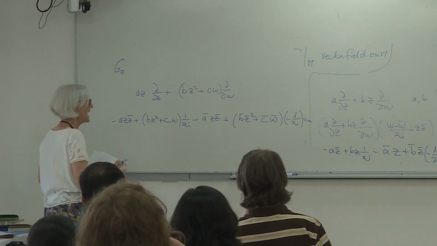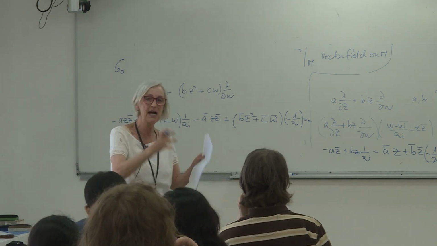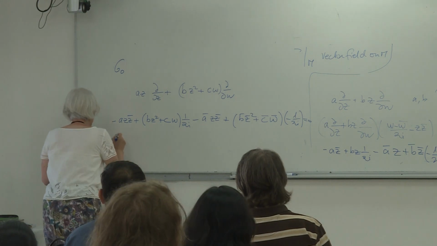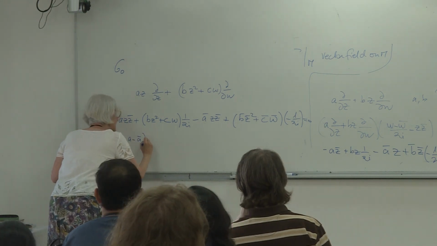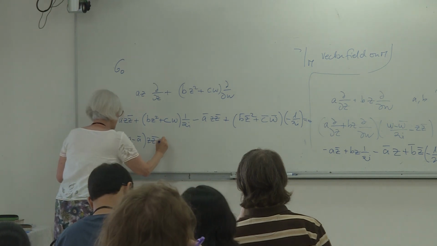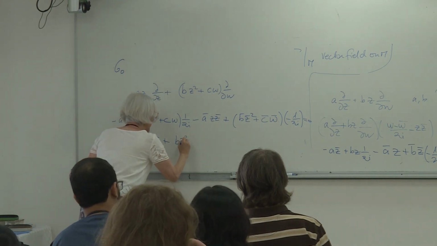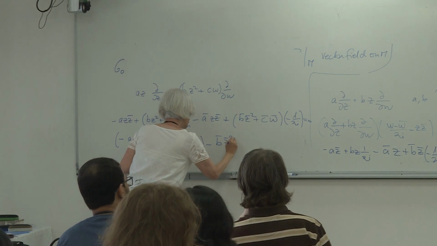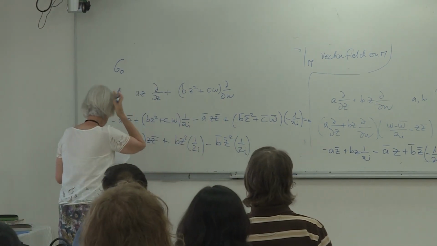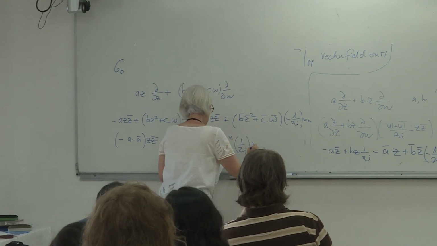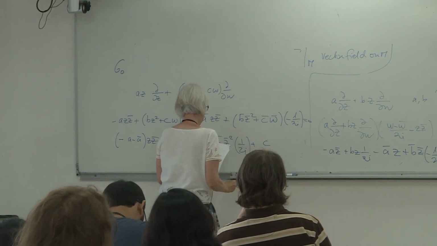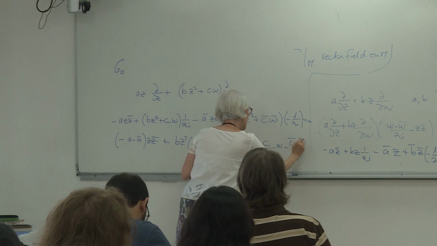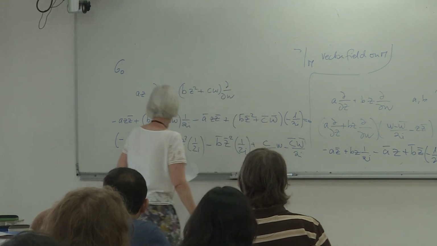Okay? And if you collect all the terms, you have a term in Z Z bar, you have a term in Z bar, etc. They have to vanish. So the term in Z Z bar, you have minus A bar Z Z bar plus B Z square 1 over 2i minus B bar Z bar square 1 over 2i, and you have plus C W minus C bar W bar over 2i. So you see that